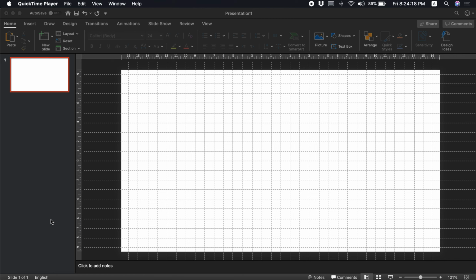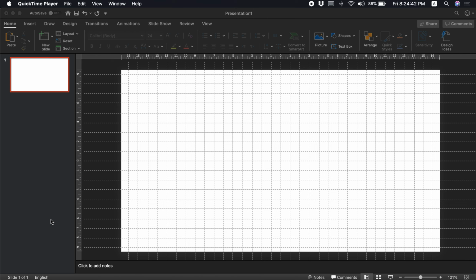Hello and welcome to this session on how to create a poster using PowerPoint. The reason we use PowerPoint is because it's familiar, it's for free, and we can choose a poster any size we want. Even if it's as big as 50 inches wide, we can still design a poster that is clear